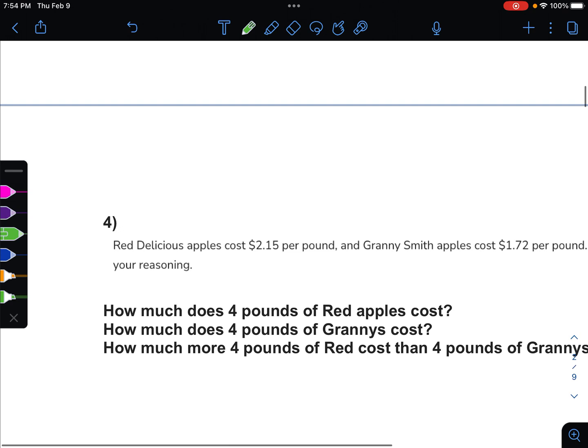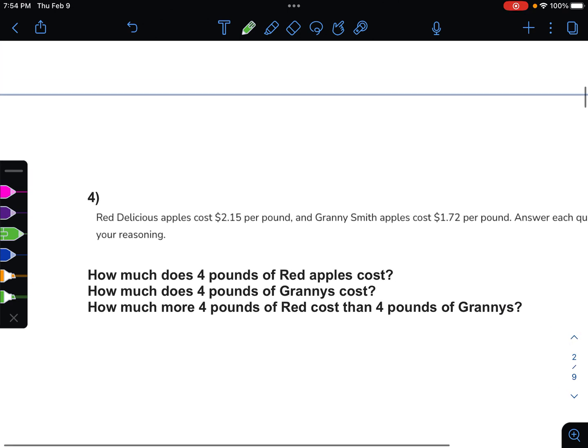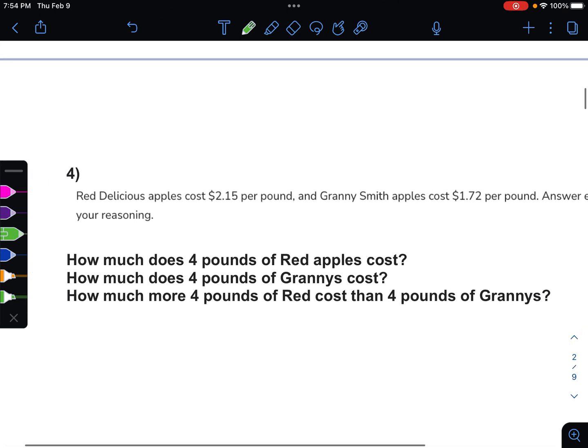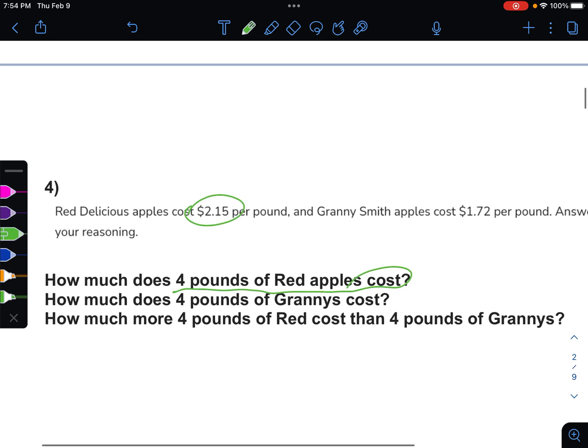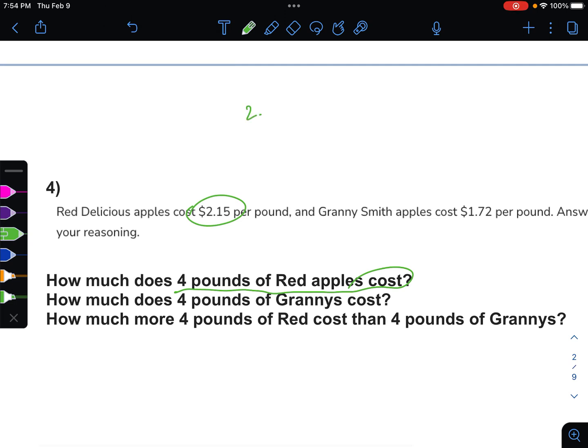If you need a break, go ahead, press pause, go have some gummy worms, and then come back to work. How much does 4 pounds of red apples cost? Well, how much is 1 pound? 1 pound costs $2.15. So I need 4 sets of those. So 215 times 4,